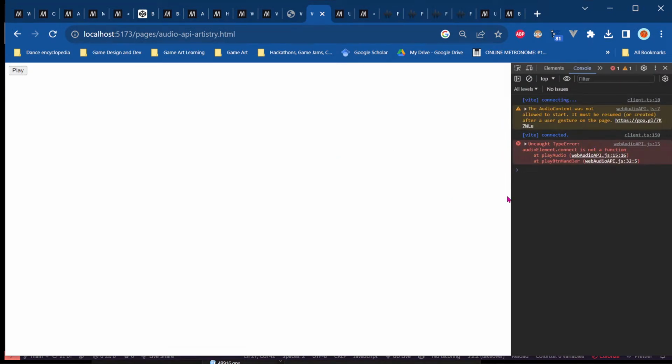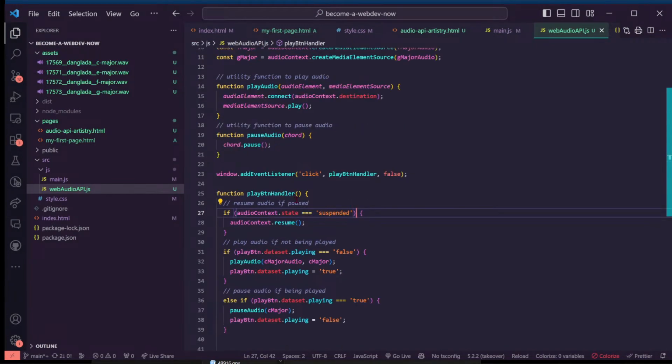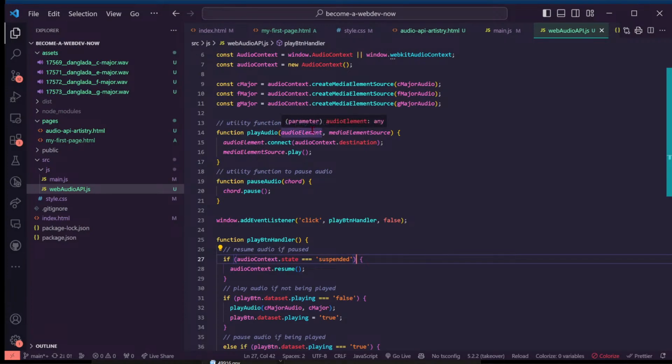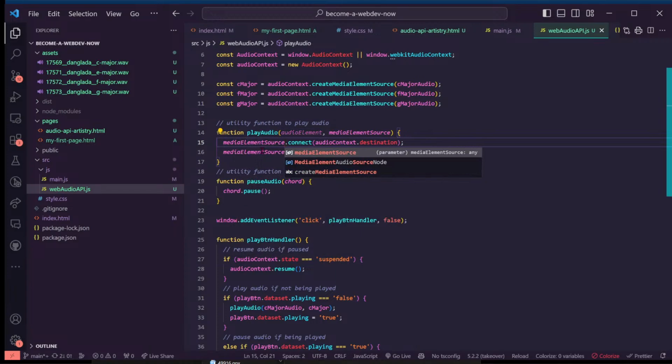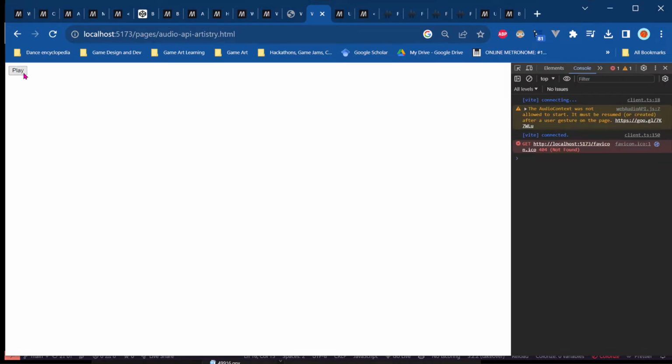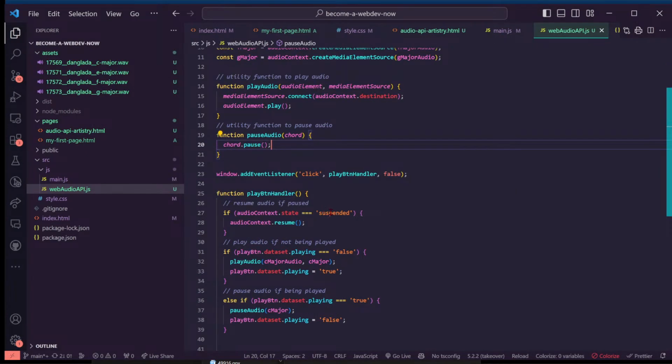Oh snap! It's not a function. Audio element. Don't connect. Oh, did I get it backwards? I bet you I did. Victory there. Now we go ahead and